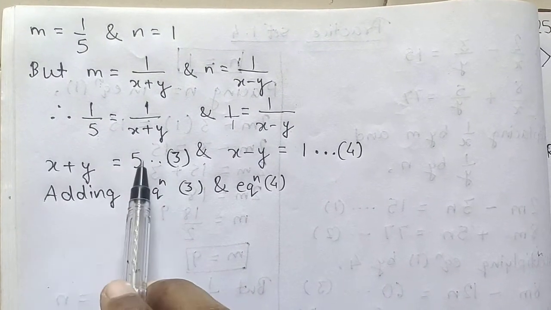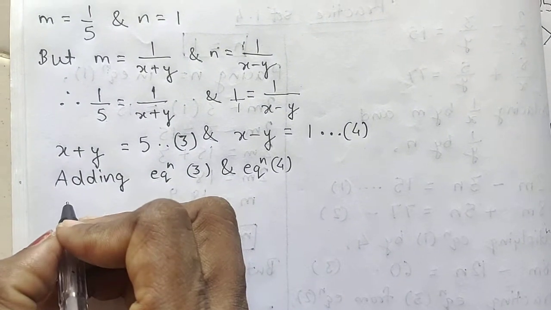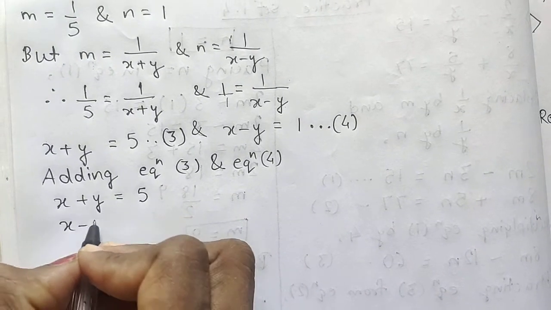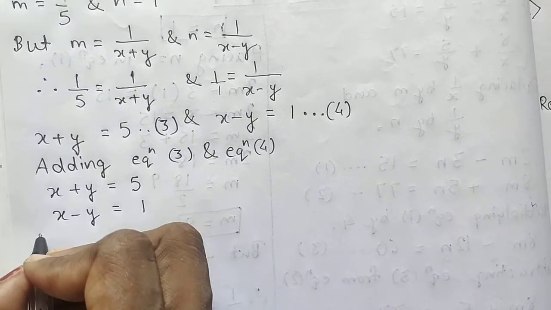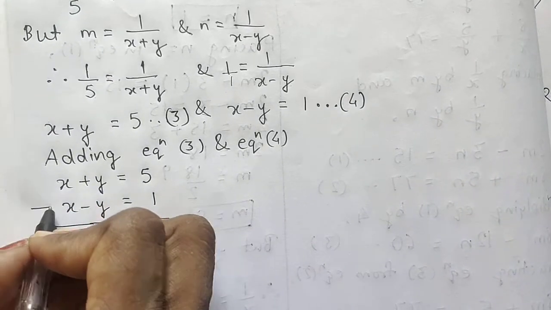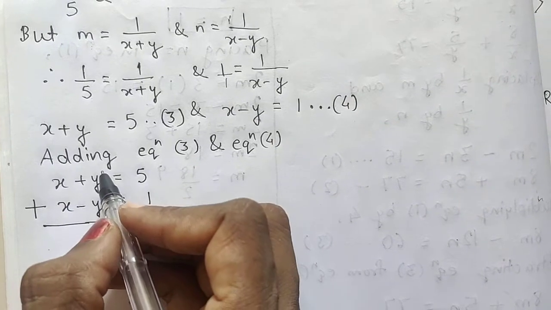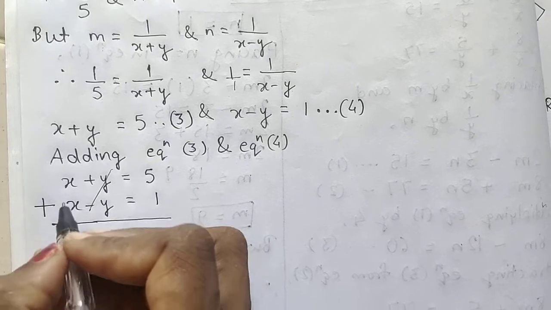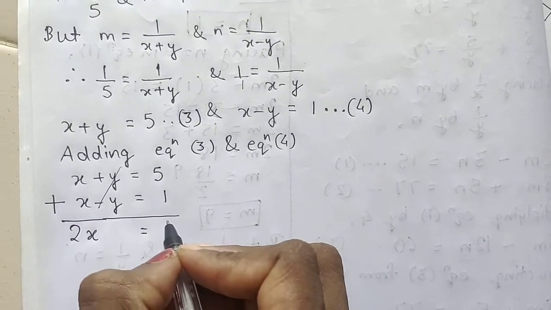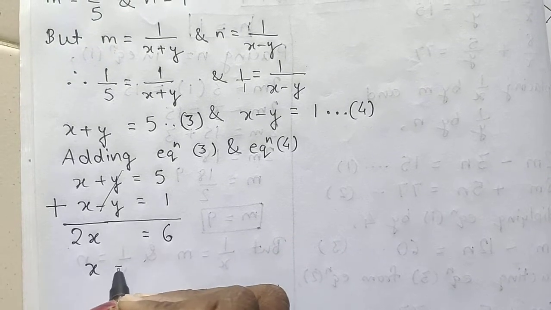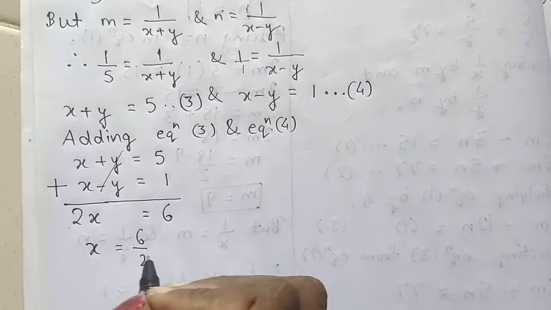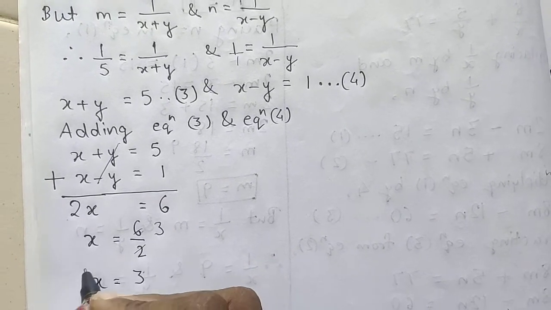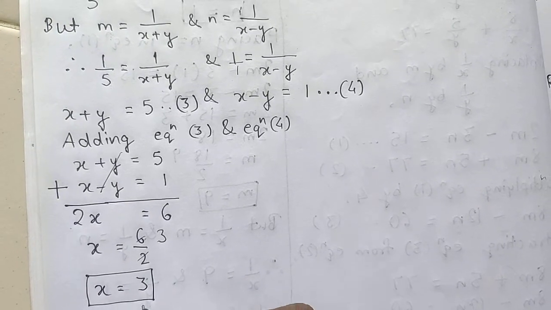Now what we are going to add these two equations. So what is equation 3? X plus y is equal to 5, and equation 4 is x minus y is equal to 1. Now we are going to add these two equations. Okay, so let us add. Y minus y cancel each other, so what is remaining? X plus x becomes 2x because 1 1 is there. And what is 5 plus 1? 6. So finally you are going to get x is equal to 6 upon 2, and you know 2 3s are 6. So what is the answer of x? 3. Okay, so this is your value of x.